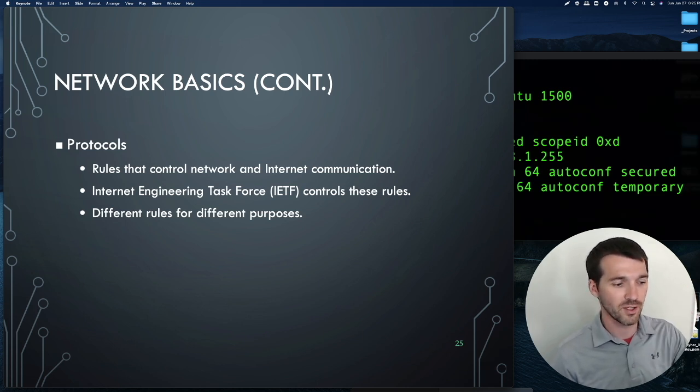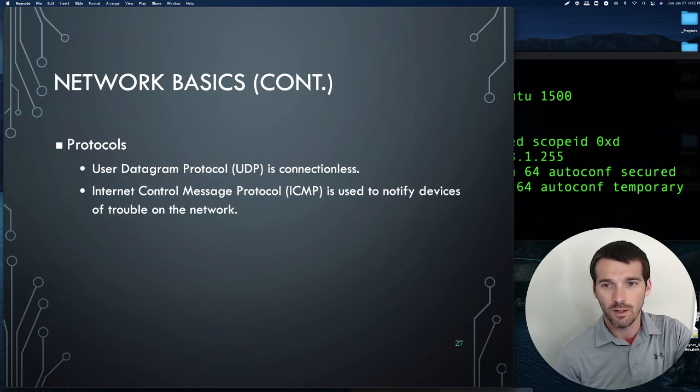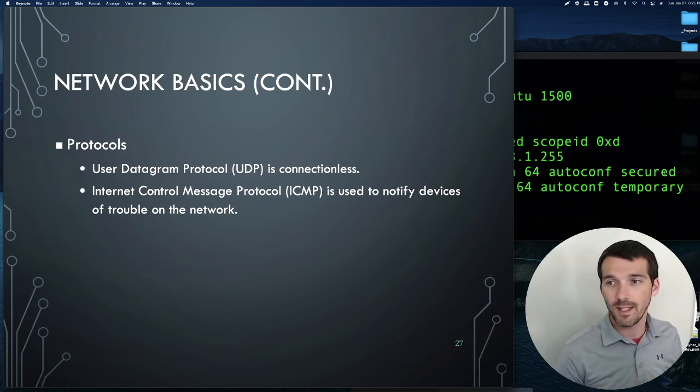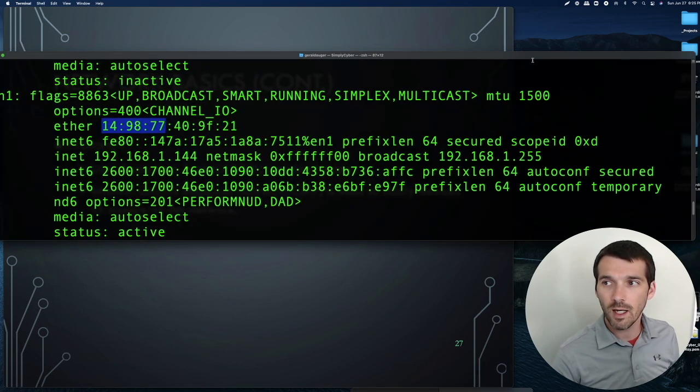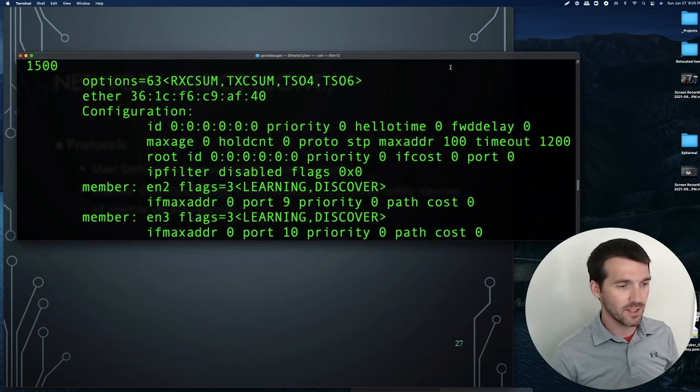So protocols are good. Again, you don't need to sweat them, just know about them. We talked about TCP, we talked about IP, definitely the most important protocols of the modern internet. UDP I spoke about already, and ICMP. There's different things for ICMP, but what most people think of when they think of ICMP is ping. We will, I think, do a lab actually with ping, but just to give you an example,